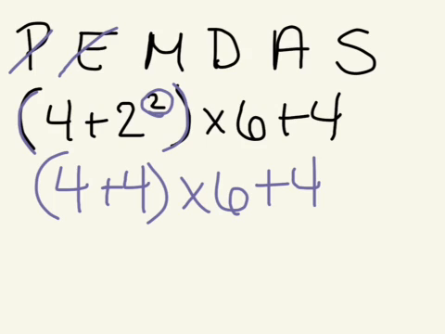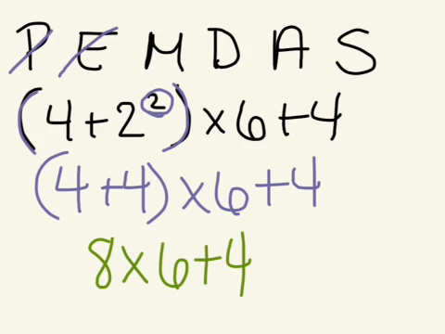I'm going to do each level in a different color. So next level, I do what's in the parentheses. There's no multiplication in the parentheses, no division, and there is addition. So 4 plus 4 is 8. Then I'm going to rewrite it times 6 plus 4. Then I'm going to look into my order of operations, and I'm going to go ahead and cross off that I did my parentheses, exponents,